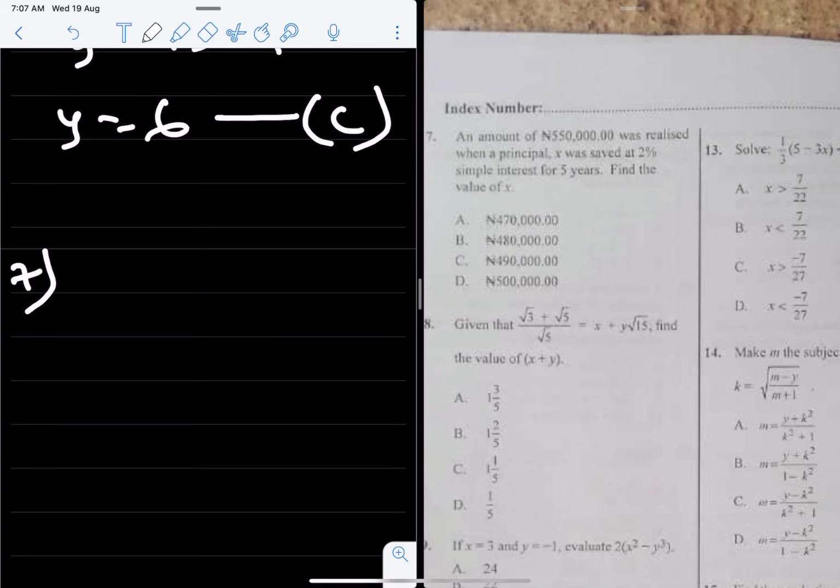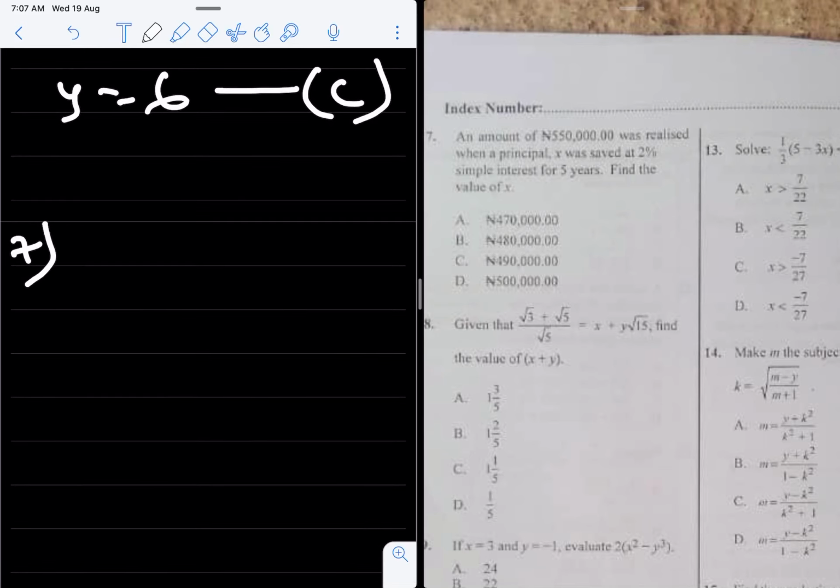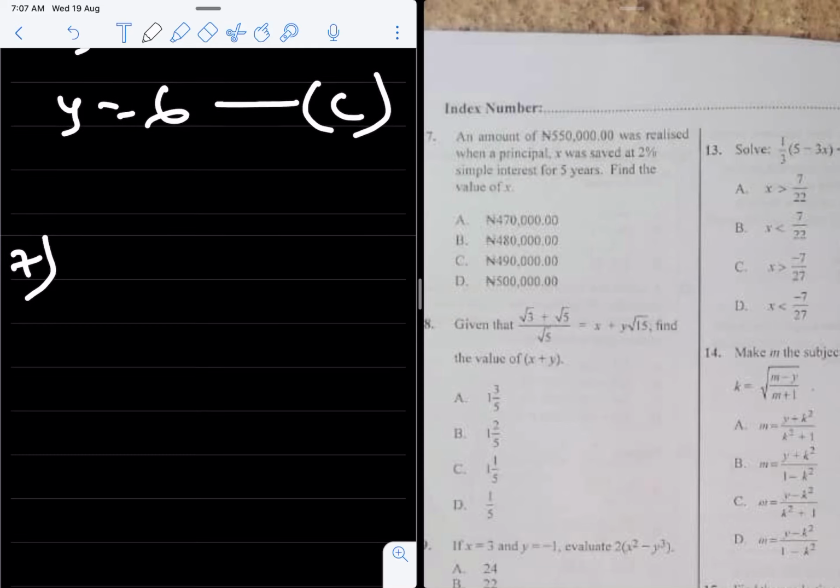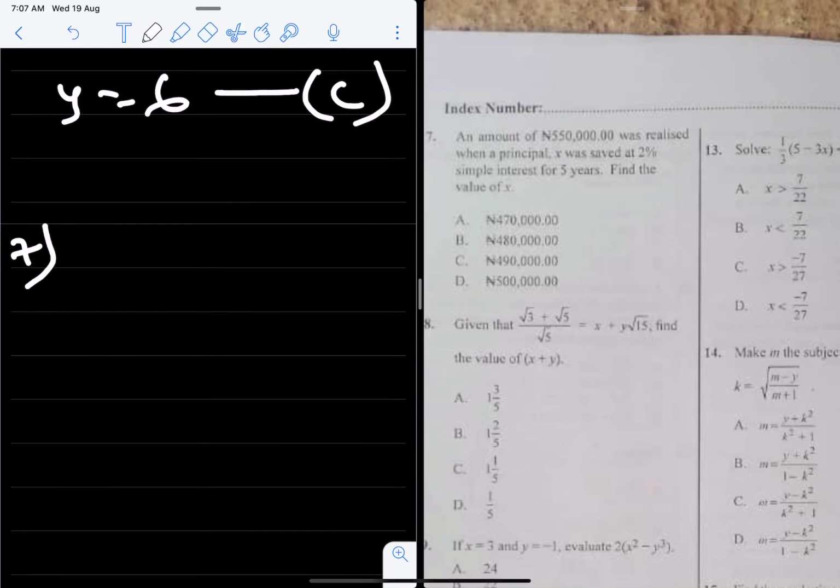Number 7 says an amount of 550,000 naira was realized when a principal X was saved at 2% simple interest for 5 years. Find the value of X. Amount is principal plus interest. So that means 550,000 naira equals